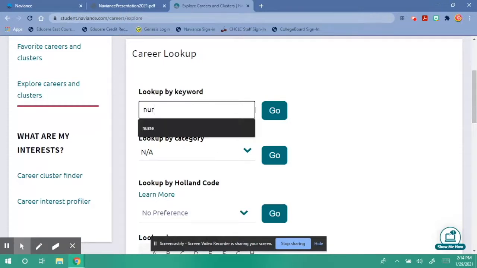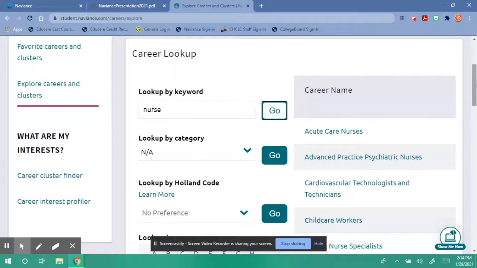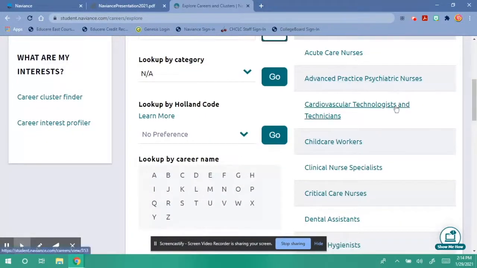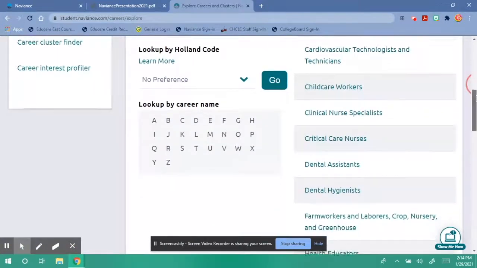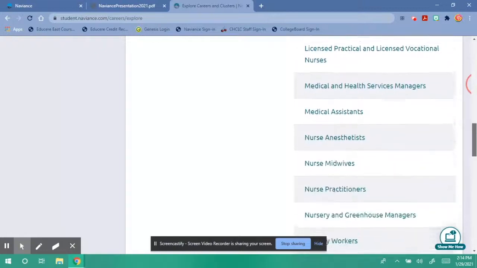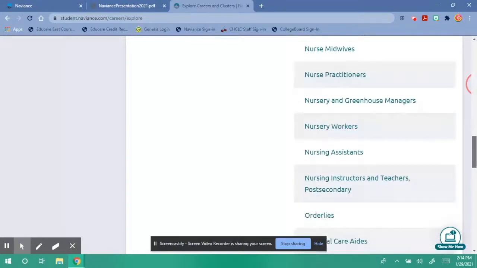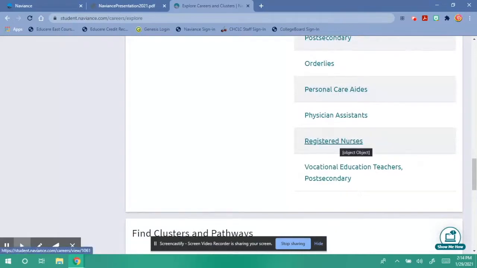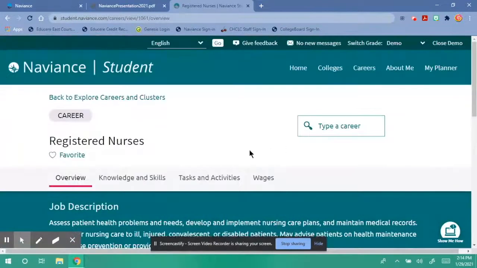So I'm going to type in nurse. Go. You can see on the right-hand side, it's giving me a list of careers or a career cluster of jobs or careers that might be the best fit for you based on being interested in nursing. So again, you can see there's a wide variety that comes up. Let me get down to here just to show you the screen. I'm going to click on registered nurse or an RN. So if that's something you know you want to do,